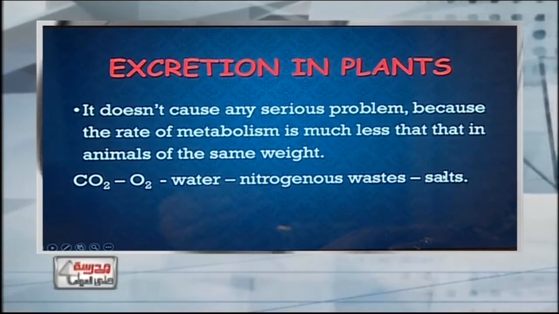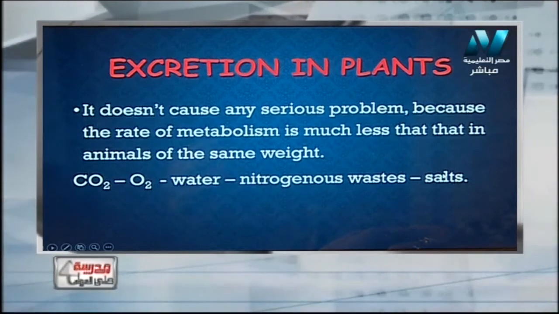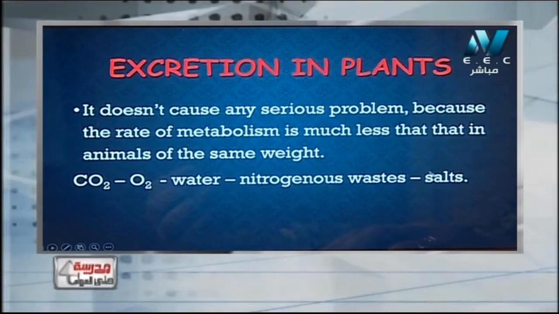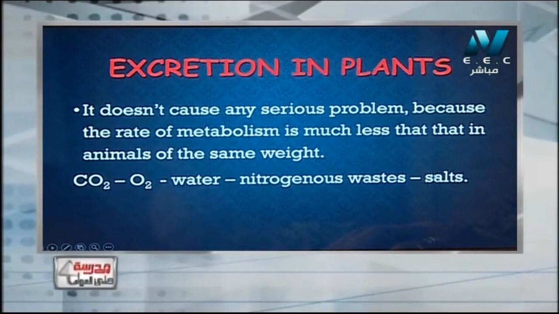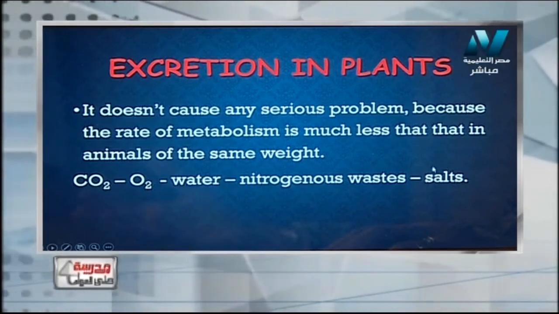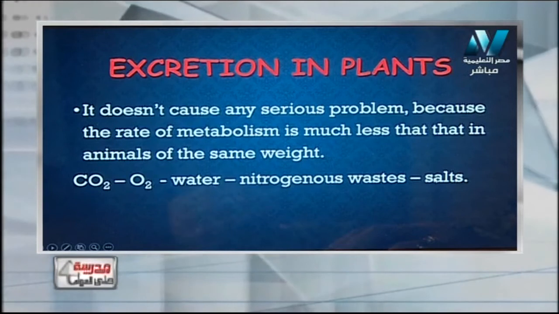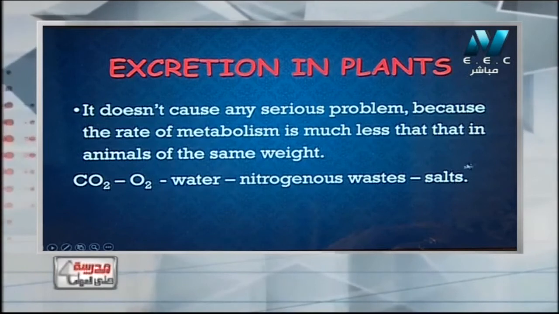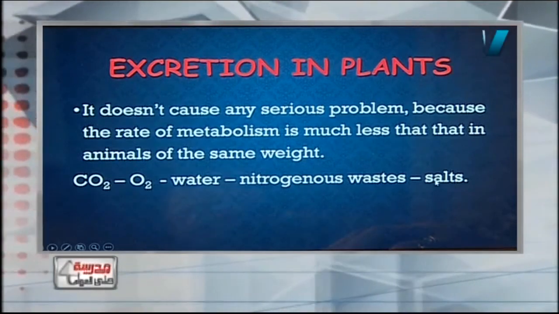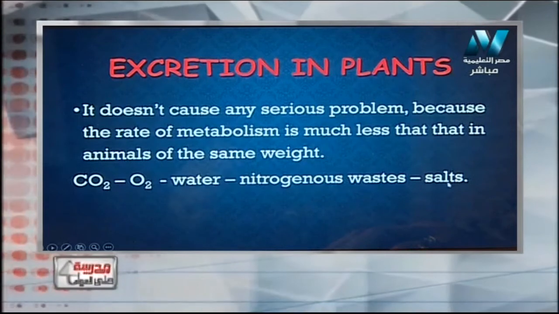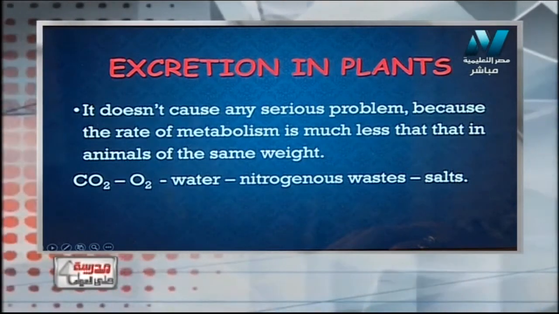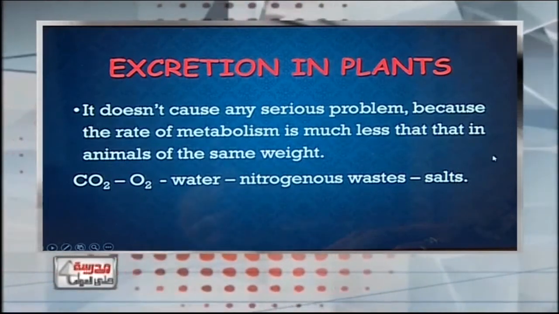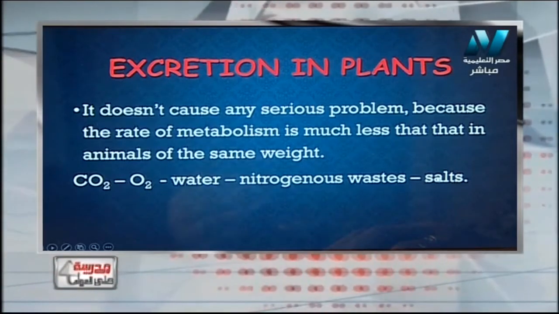For example, sometimes the plant absorbs sodium, and the sodium can be in excess amount, so the sodium can be expelled out of the plant through the root and the root takes potassium instead. So we say that cation exchange takes place in the root. Sodium goes out and potassium goes into the root.